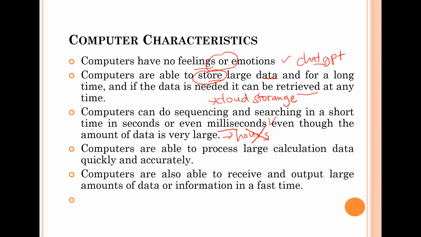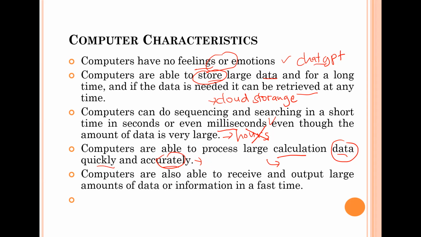The next characteristic: computers are able to process large calculations. If we've got a lot of data, large data, the computer will be very helpful for your work. If we have a large company with large data, it's really helpful to calculate this data accurately. The most important thing here is accuracy. When we are probably serving a lot of entities or users or customers, this is really helpful to give the update accurately and quickly.